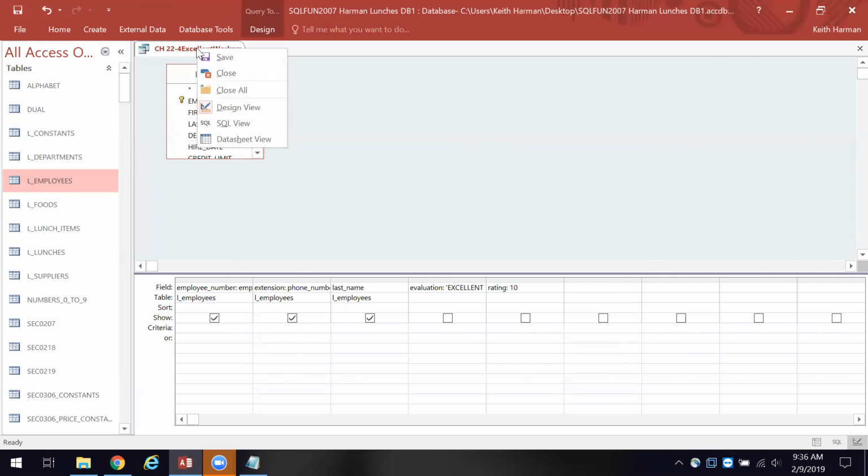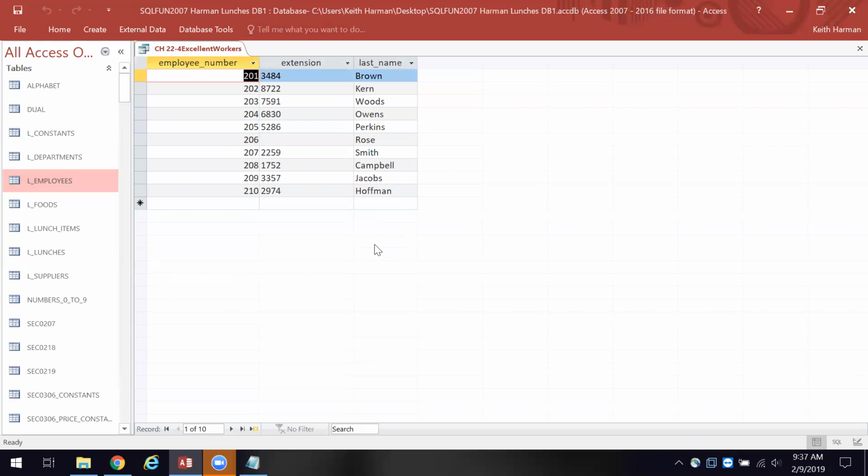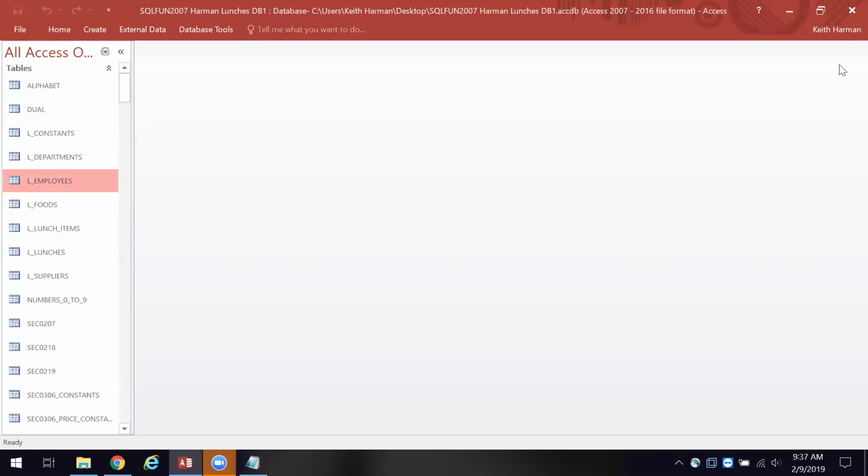And we'll go up and take a look at the datasheet view. All right. And I'm going to telegraph what's in here even more. And I'm going to save it. Okay. And I'm going to close it off. And then I'm going to find that